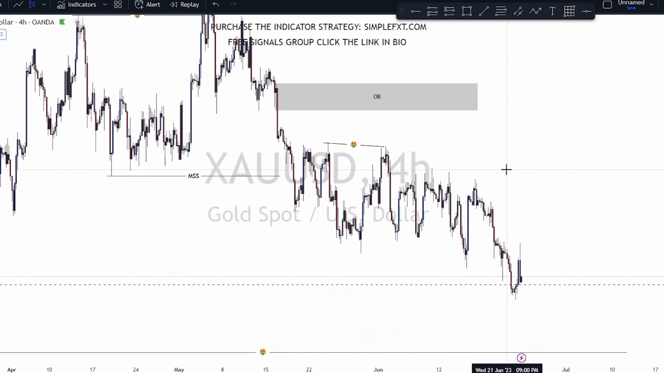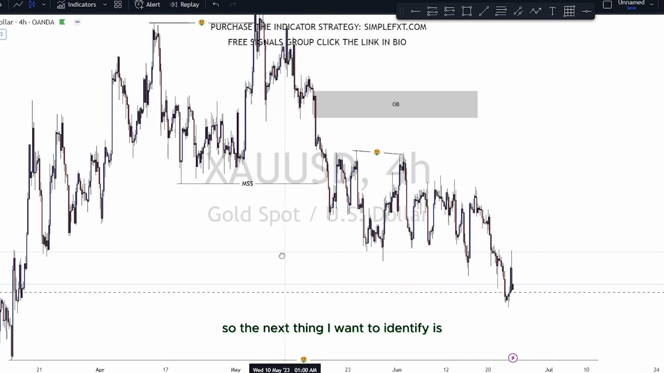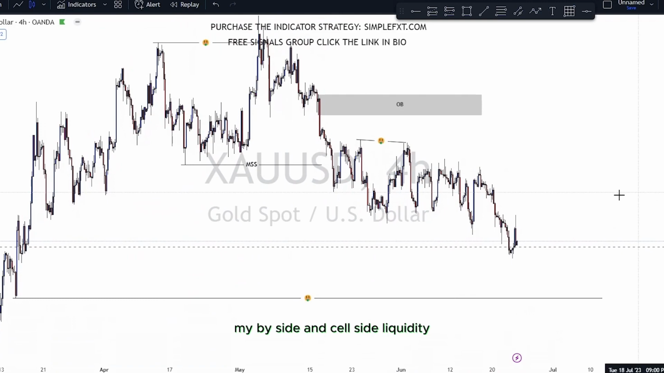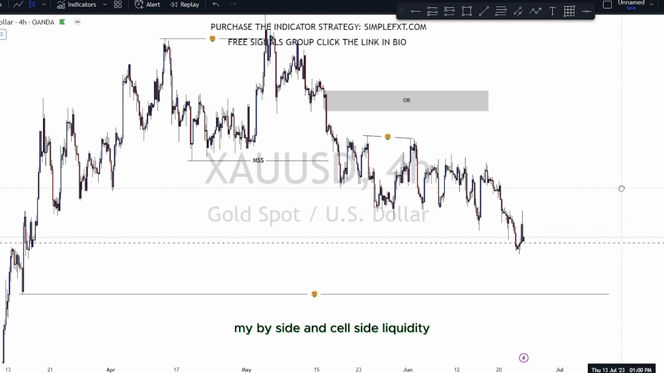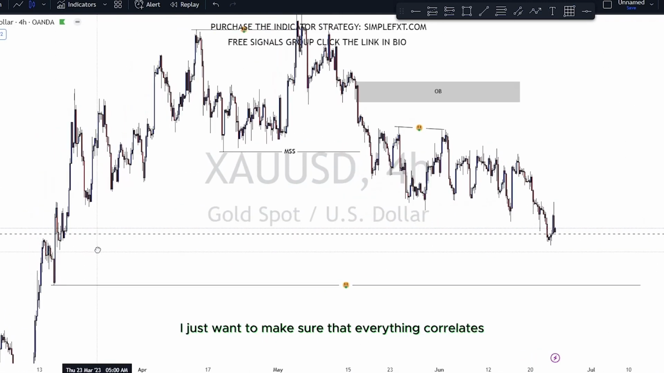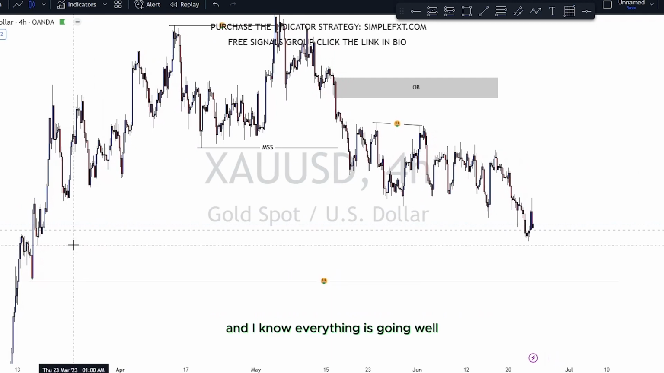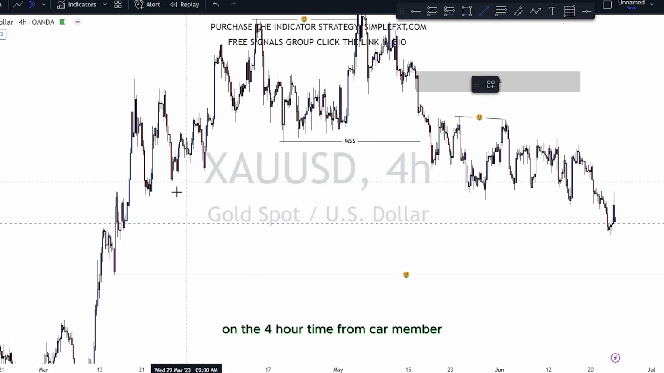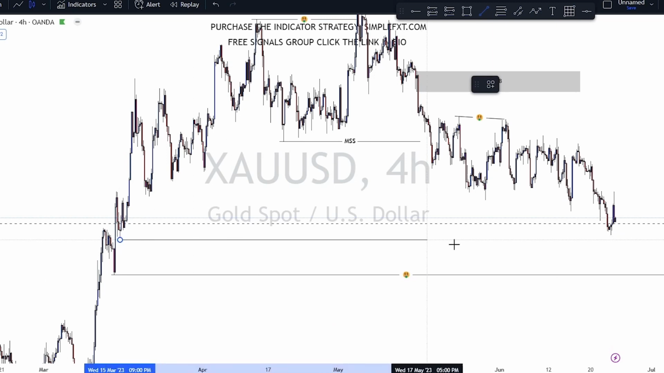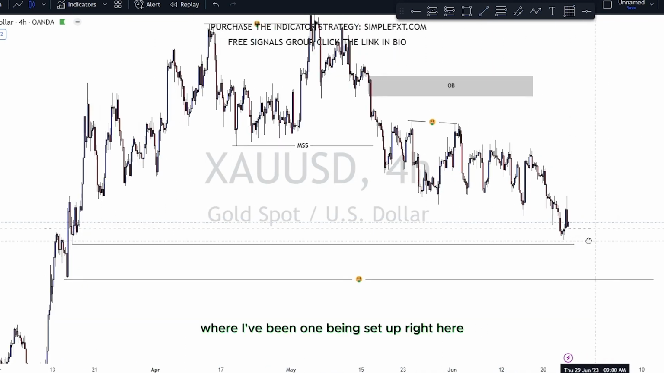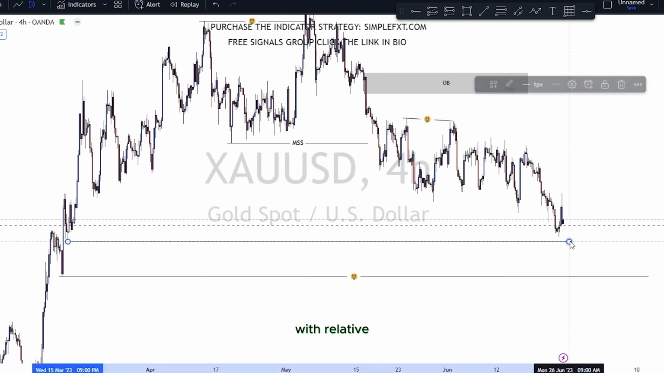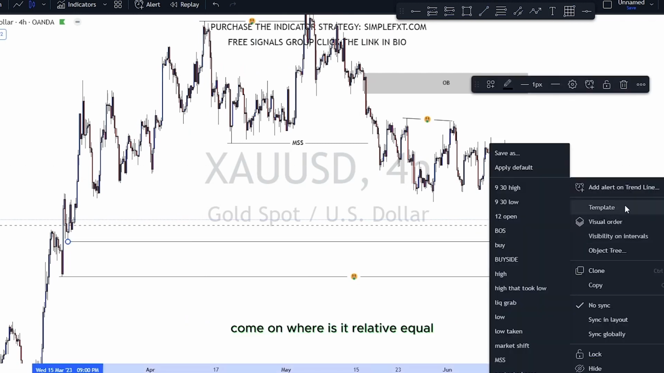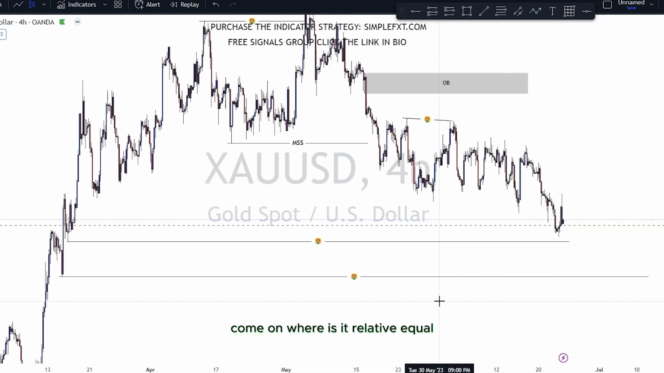All right, so the next thing I want to identify is my buy side and sell side liquidity. I just want to make sure that everything correlates and everything is going well. So right now on the 4 hour time frame, I remember we already identified a sell side liquidity on the daily, but on the 4 hour we're having one being set up right here with relative equal